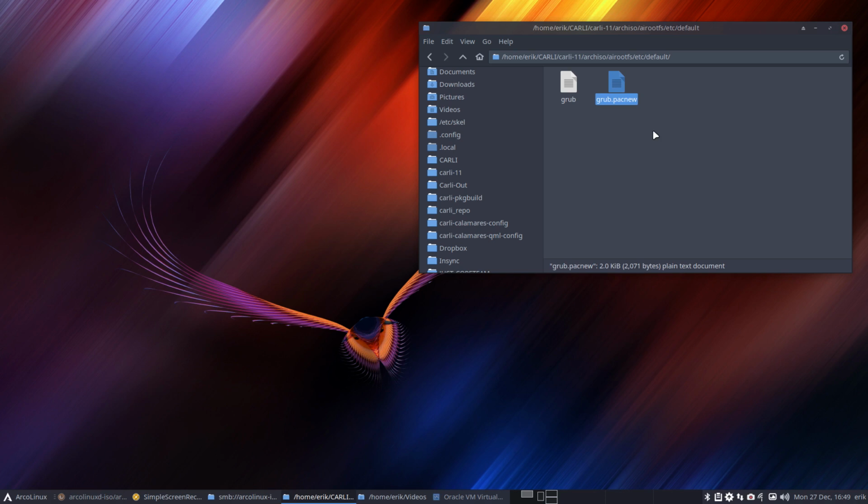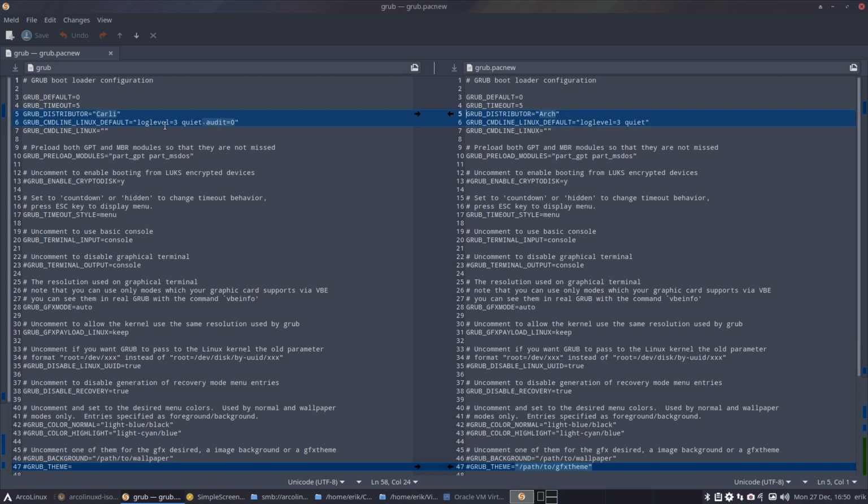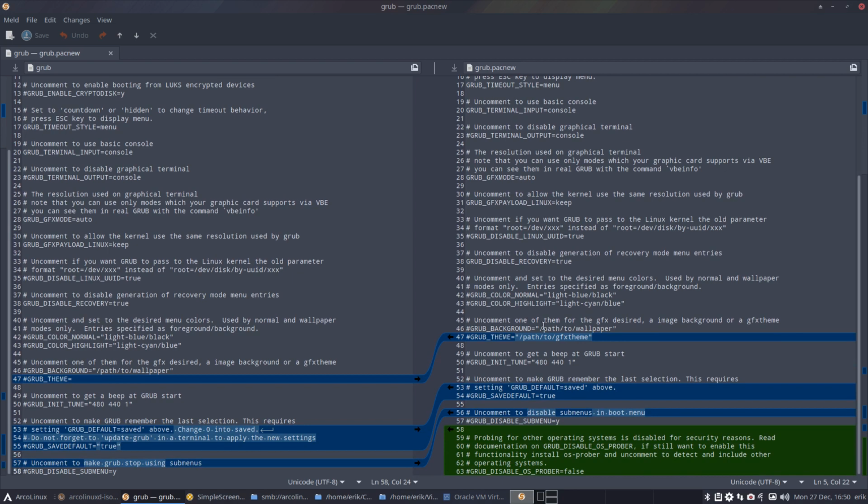Now this needs to go in there, more specifically. So compare. Are we going to call ourselves Arch? No, Carli. Do we want to have more information in the dmesg? That's the output equals 0. No, it's good as is. And then we have the path to. This is the new guy to the right, okay, but it's not used, right? This is a hashtag, so who cares? It's not used. And then we have grub default saved above,